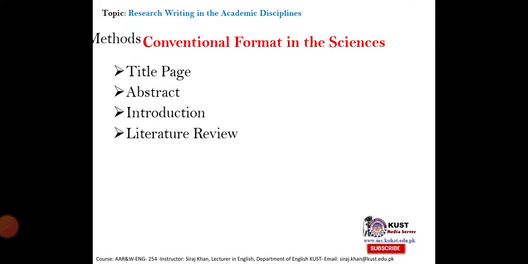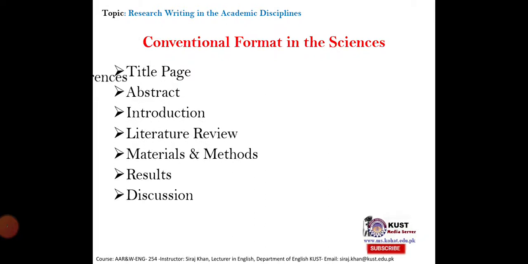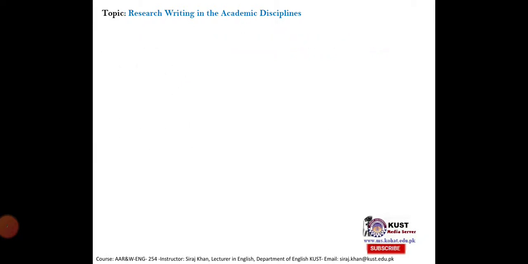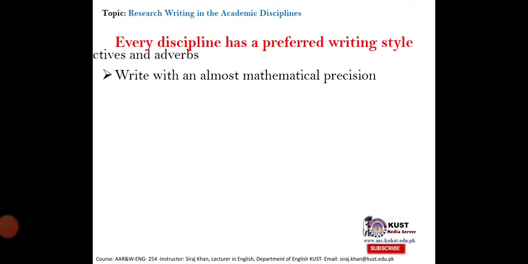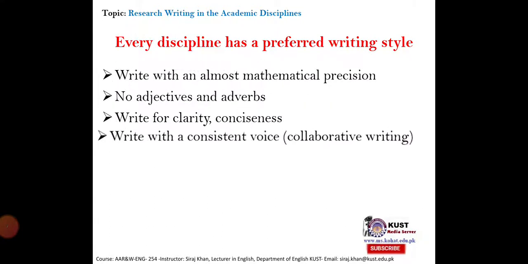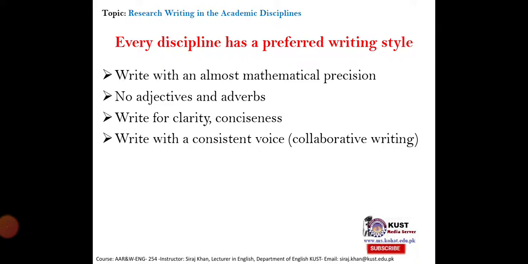the conventional format we carry in conducting research in the field of science: title page, abstract, introduction, literature review, materials and methods, results, discussions, and references. It varies discipline-wise, with an almost mathematical precision. And in sciences, we always adopt the quantitative method in conducting research. No adjectives and adverbs are used, for clarity and conciseness. Our focus is mostly on